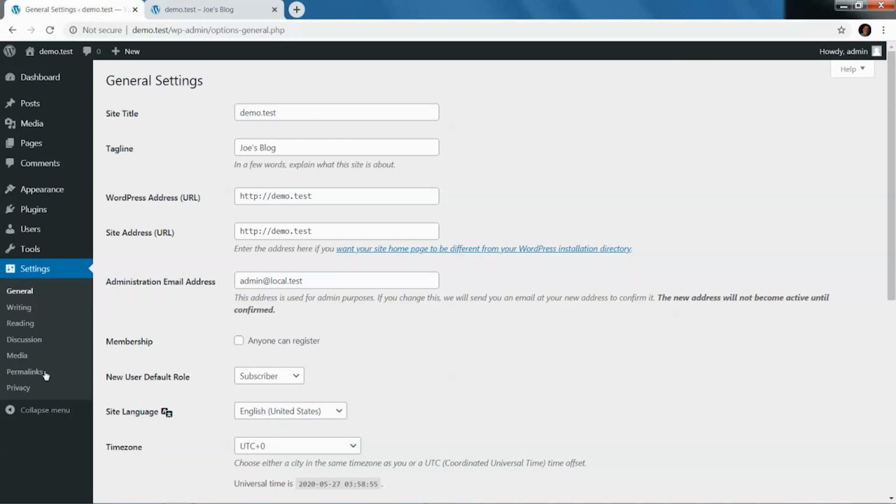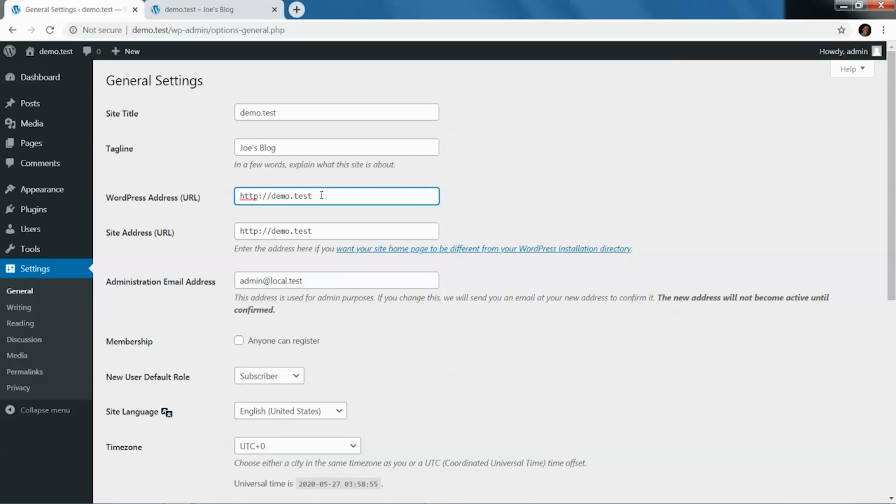In your general settings, you saw what you saw in the customizer. We have our site title, we have our tagline, we have our WordPress URL and our site URL. The WordPress address is where you have WordPress installed. So you could have WordPress installed in a subdirectory, but the site is actually in the main directory. I always install WordPress in the root of the website. I don't install it in a subdirectory.